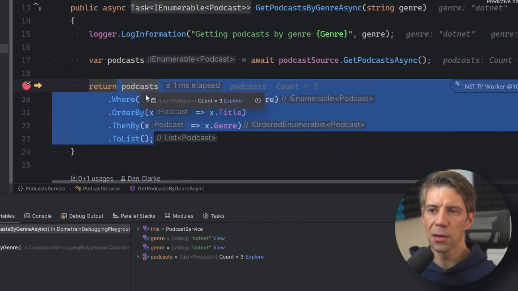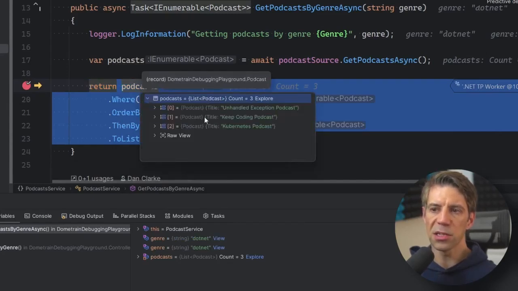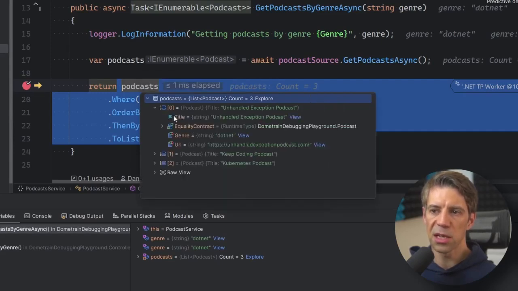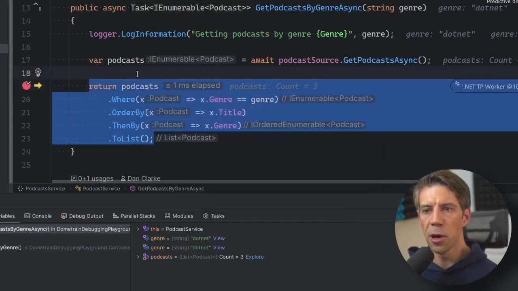But if we look again, then we can see it's only showing this here. And if we expand, the title is actually at the top and it's pinned. So that's really useful if your object has a key identifier, which you just want to see in the list in the debugger. Another more permanent way of doing that is if we actually go to, I'm going to